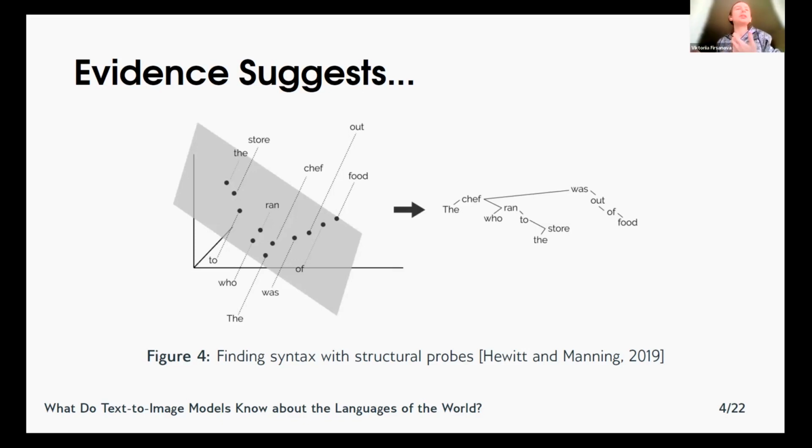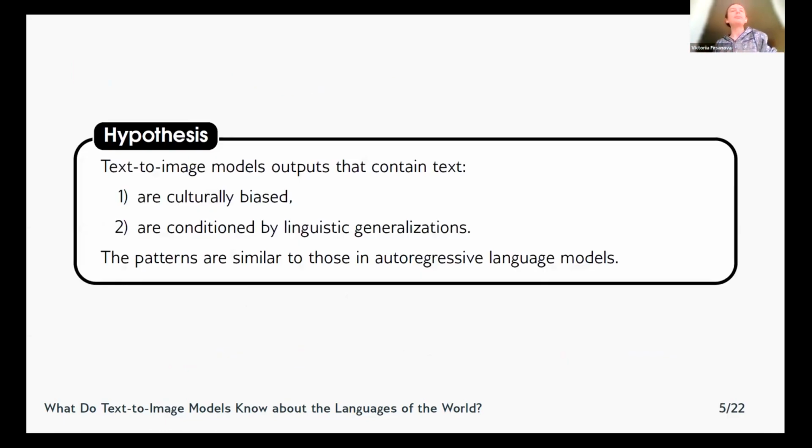My research is pretty novel for me as well. I would say that it is a pilot research which covers different problems of explainable AI. I made a hypothesis that text-to-image models that can generate text are, first of all, culturally biased,